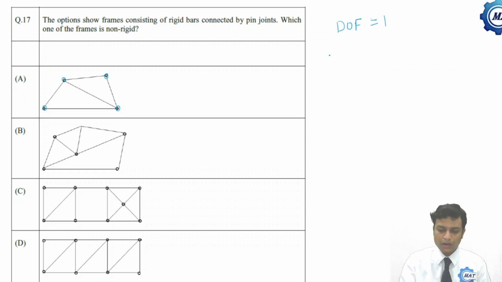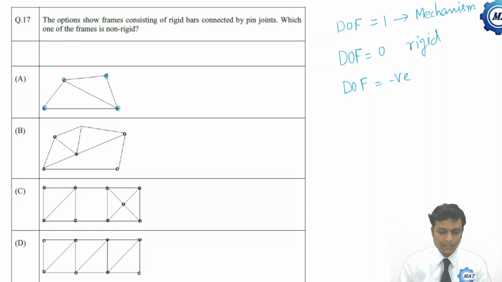When degrees of freedom is 0, that is rigid, that is a structure. Degrees of freedom negative means statically indeterminate, and this is called mechanism